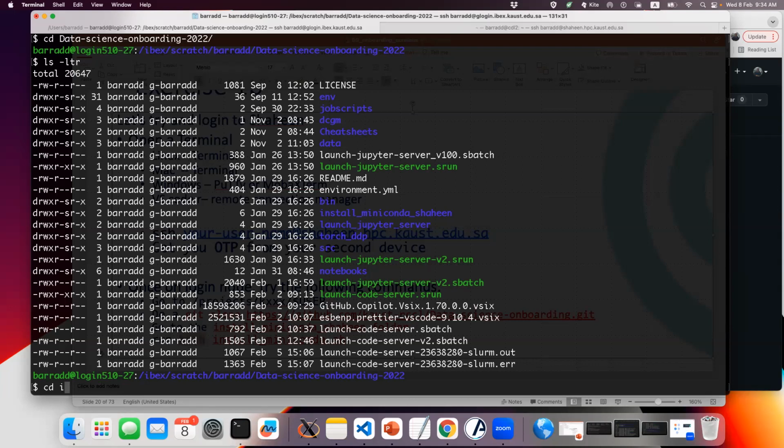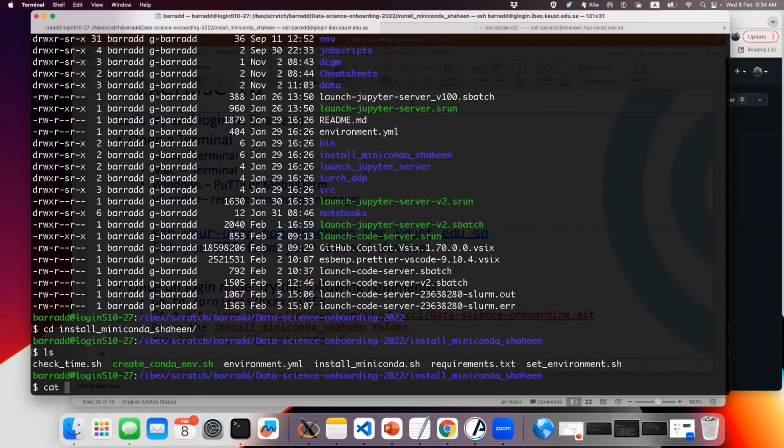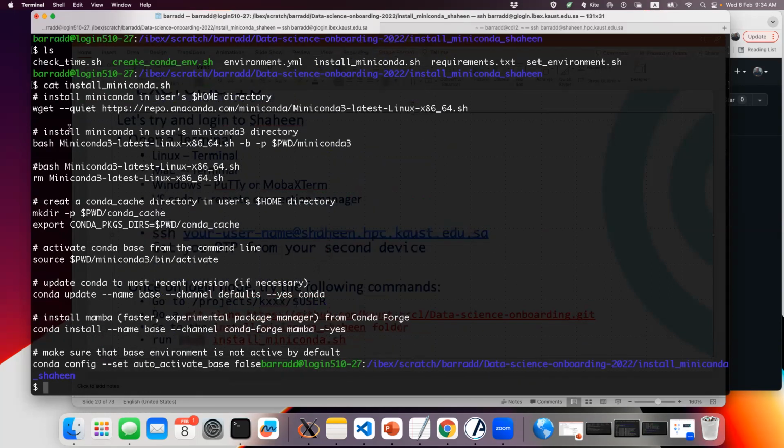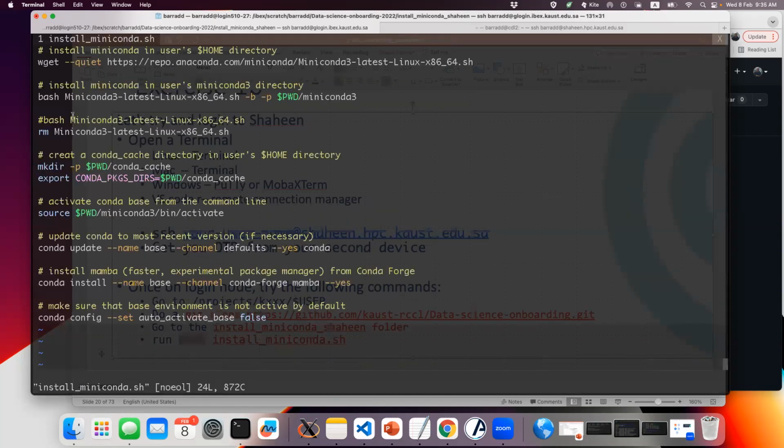Anyway, so if you go here, you can see install Miniconda here. This recipe here. Let's go over here. This is better, I think. Yes. So this recipe here allows you to install something that's called Miniconda that will allow you also to create